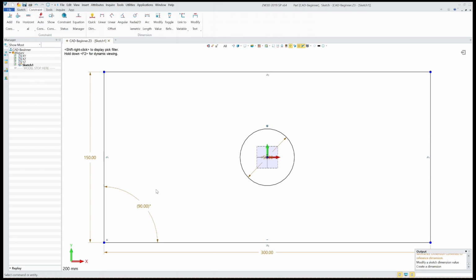Okay, 90 degrees. Good. So now we can delete it because we don't need it. We also have a parallel constraint between these two lines and these two lines. And what it means is that if we move this line, the other line will follow and stay parallel to it. Then we also have a horizontal constraint on this line, which means that this line will stay parallel to